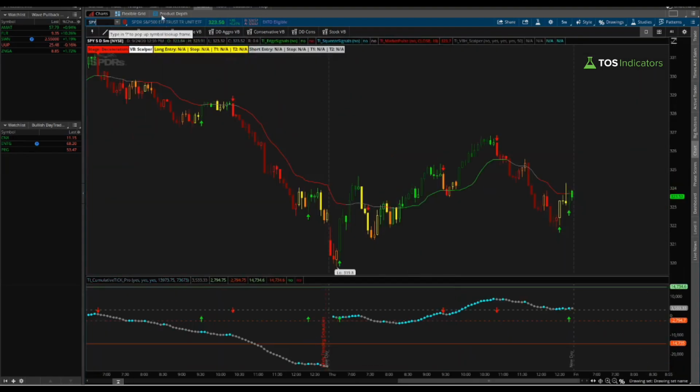Now, if I show you, we also had a very specific trigger signal, which was off of the SPY chart, and that was looking for this first green edge signal arrow via the cumulative tick pro indicator where all of the Boolean conditions were met. Now, if we take a look via the SPY chart first to see what happened, in the morning we had exactly that, right? We had a gap down lower, and then for much of the day, we ended up trending upwards. This is how we use the data, all the preparations, all the stuff that we discussed in that cumulative tick pro tutorial. Today was a way to actually execute on those learnings and make that count